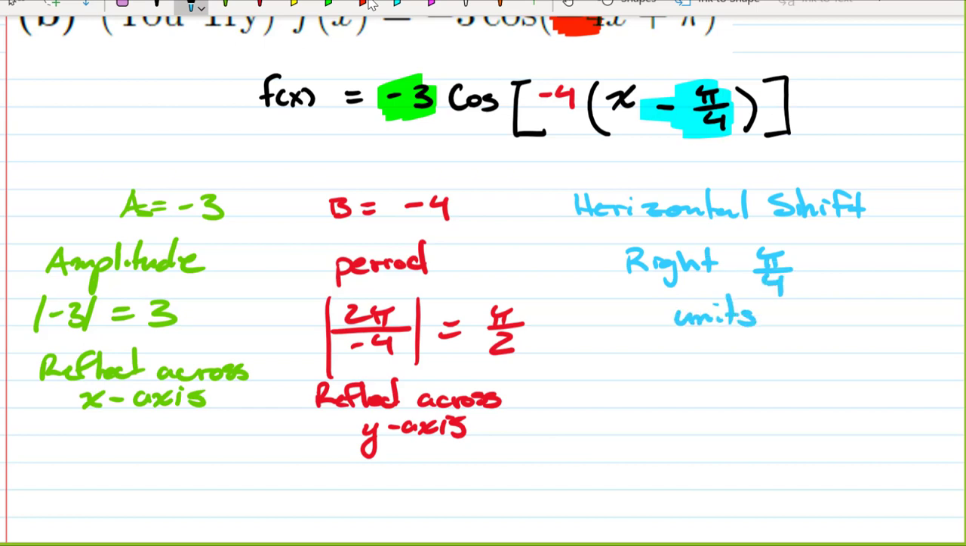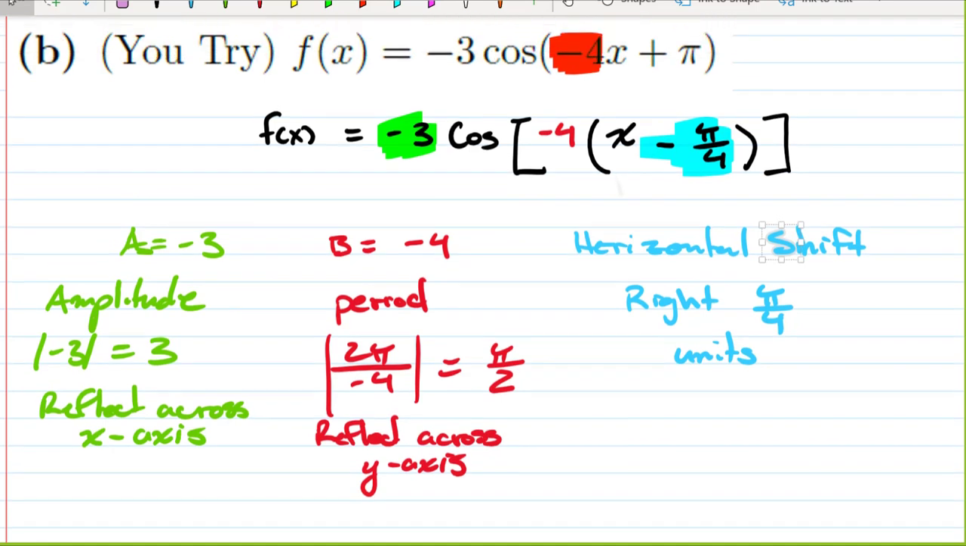So we can combine all of these different things together to get our shifts for that graph. It's going to have amplitude 3, reflect across the x-axis. Its period is going to shrink to pi over 2, and it will be reflected across the y-axis. And then it's going to have a horizontal shift right of pi over 4 units. And that's going to be everything that we need to know about